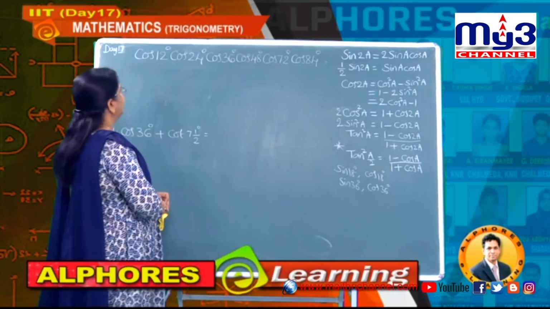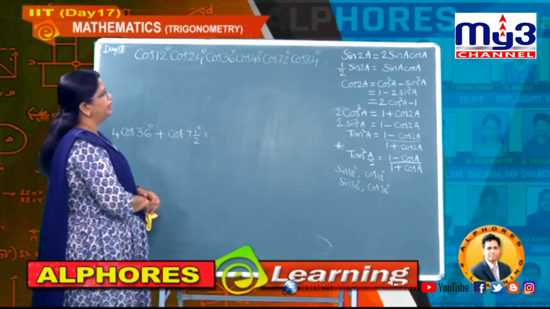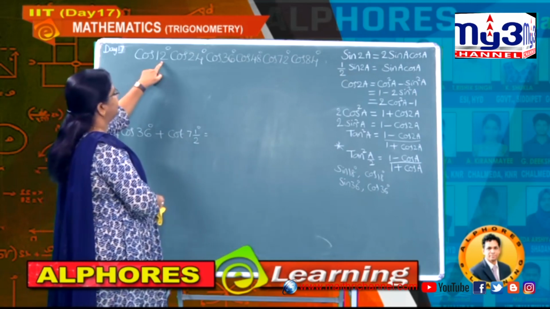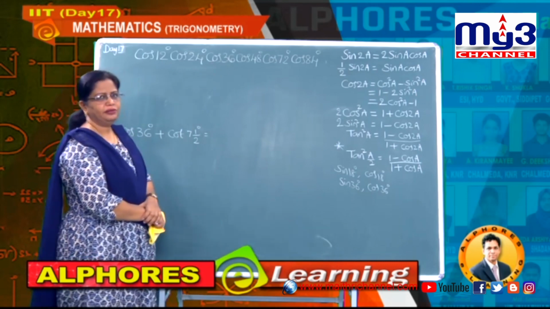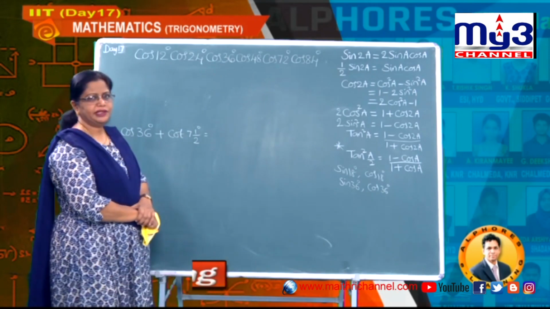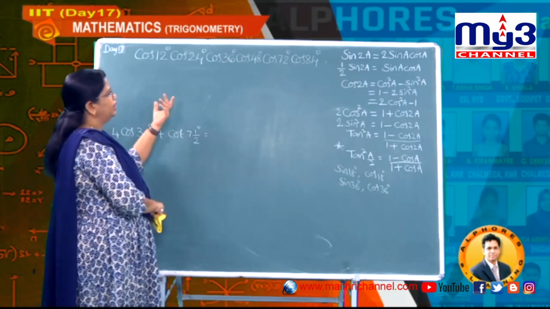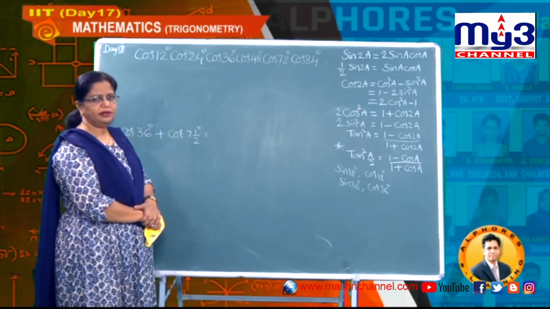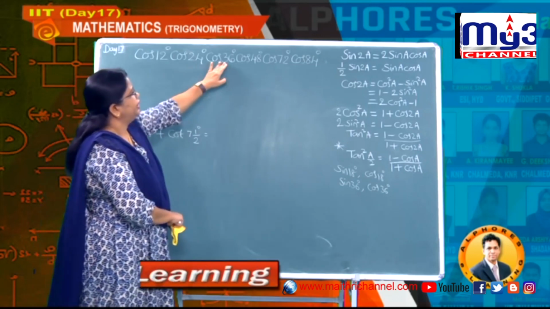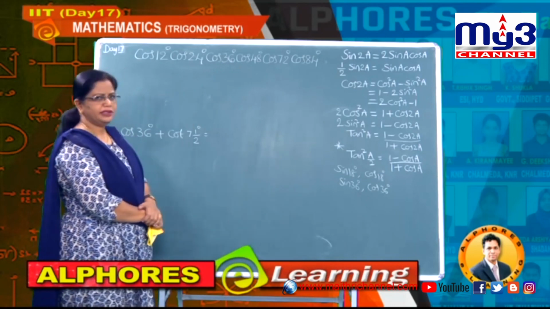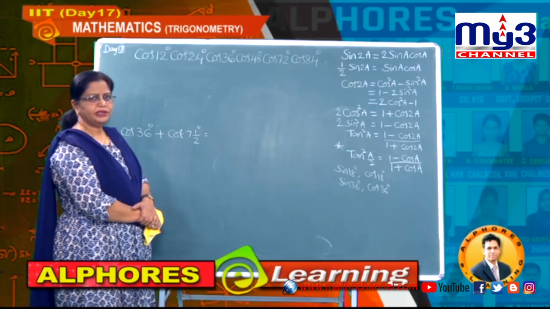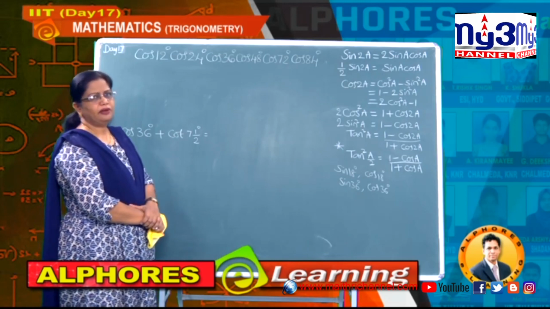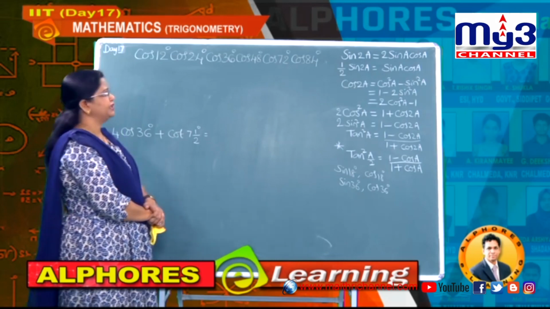Then what about other values? Understand? What about other values here? 12 degrees is there, 24, 36, 48 etc. Then what should be our observation students here? First observation, whether any complementary angles are present or not. Now here only 2 we got, that is 36 and 72. And next observation, if not, then we go for 60 plus, 60 minus, or 120 plus, 120 minus etc.